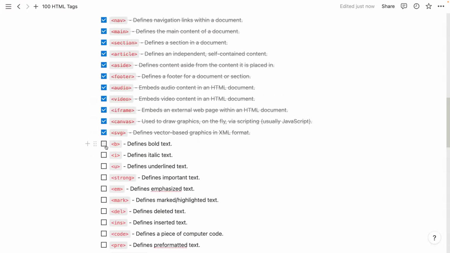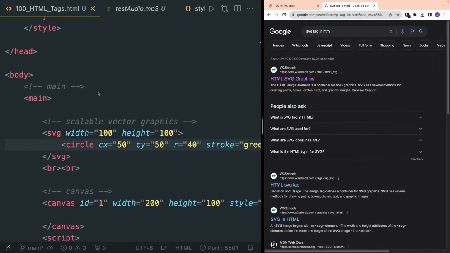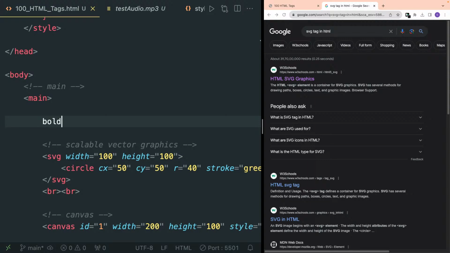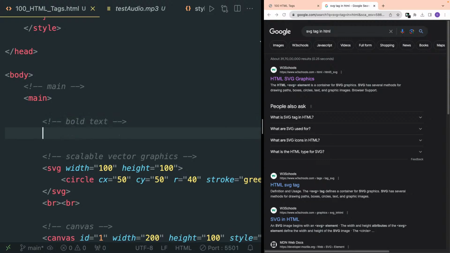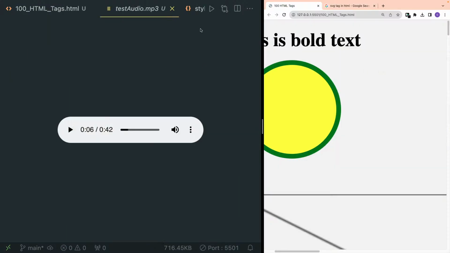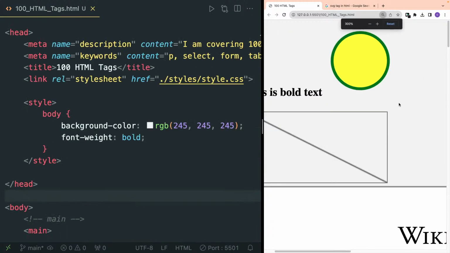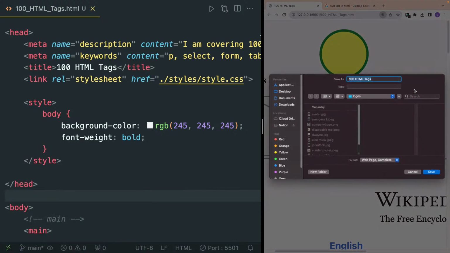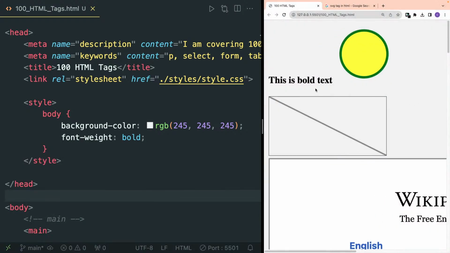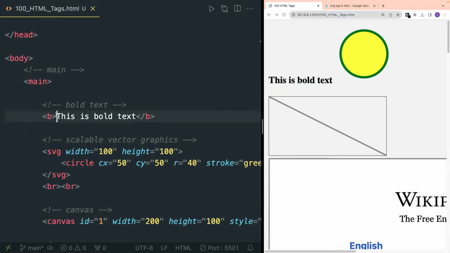We've covered SVG. Then there is B, which defines bold text. So this is written with the B tag. You can make any text bold. This is a bold text. I'll write a bold text. Just close it. Okay, let me zoom out a little bit. This is zoomed in too much. Okay, this is a bold text, right? As you can see. So if I remove this B tags from this,